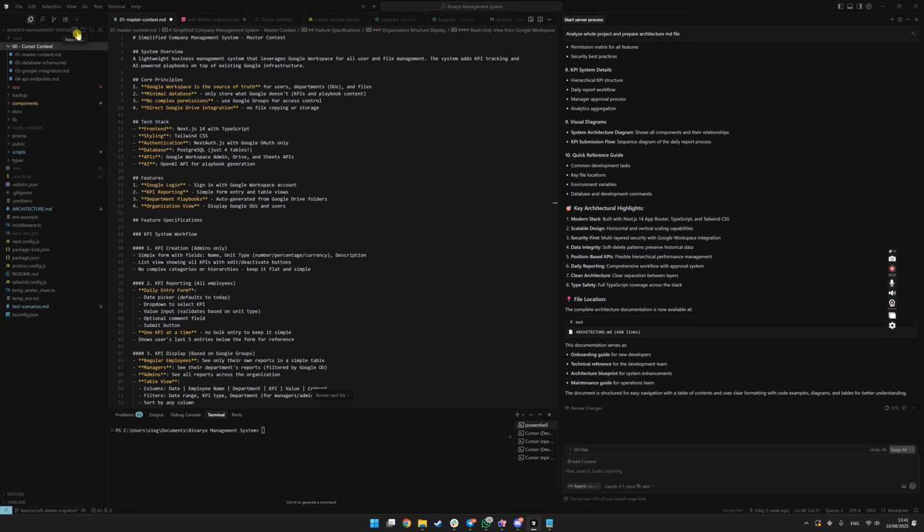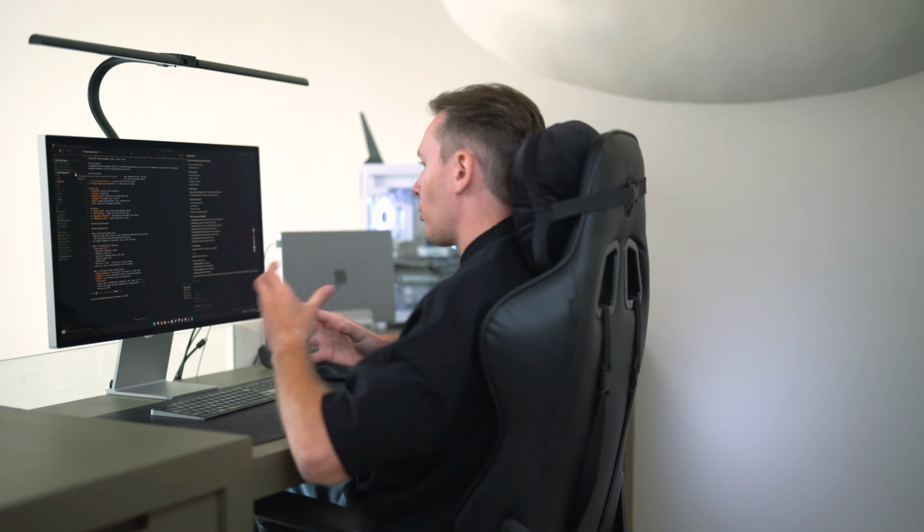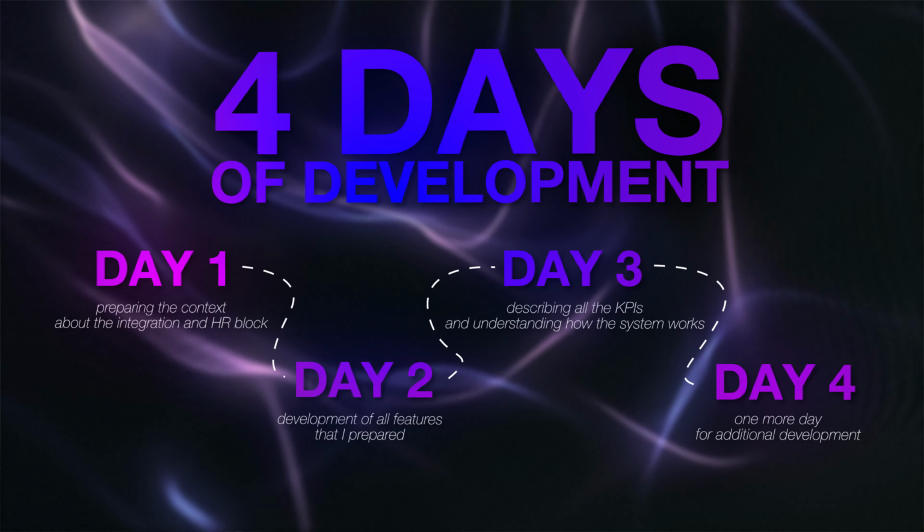It's pretty easy, it's a couple of clicks, and here you can create a new folder that will help you create the context for Cursor. Those context files are required for every application, because they help Cursor navigate through the idea that you're creating. What I'm showing right now took around 4 days of development.